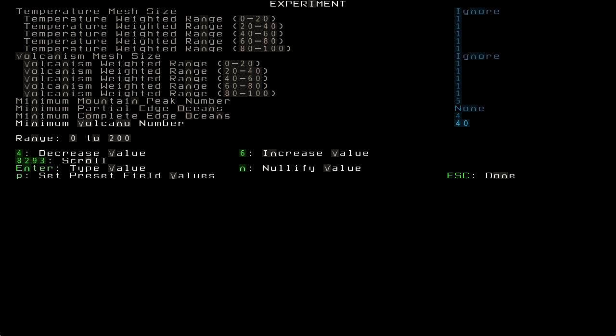Volcano number 40. I put it up really high. You could put it up to 200. Probably never get a volcano if I did that, but because it's going to only be able to spawn, I think, in areas that have high volcanism anyways. And right now, this particular map isn't prioritizing volcanism, so I'll just turn that down to like 5. But I usually do that so that some of them will be accessible to me in a place that I actually like. I mean, I'm always trying to get a volcano paired with a river